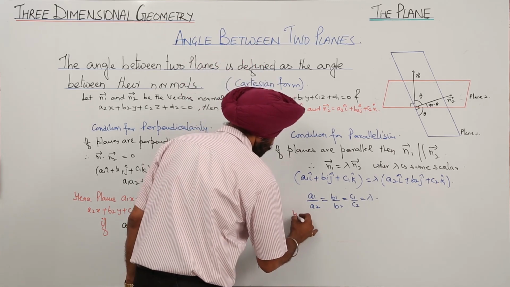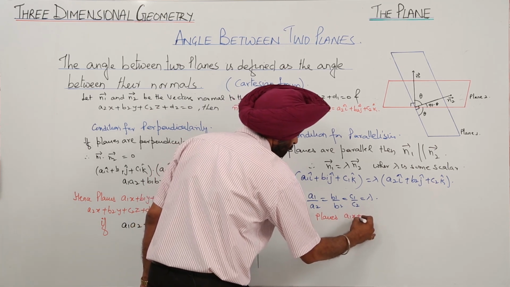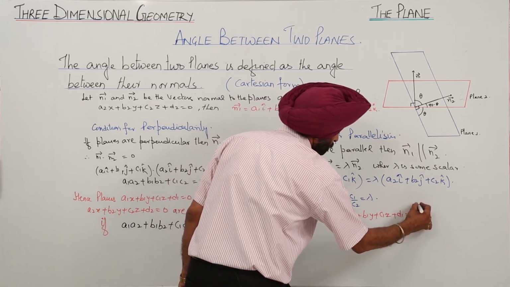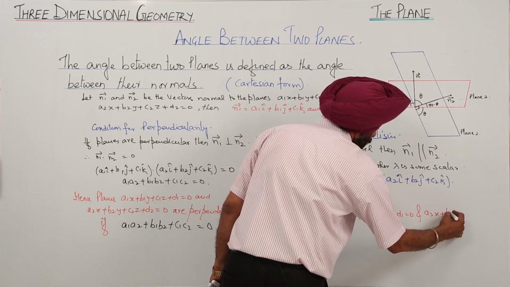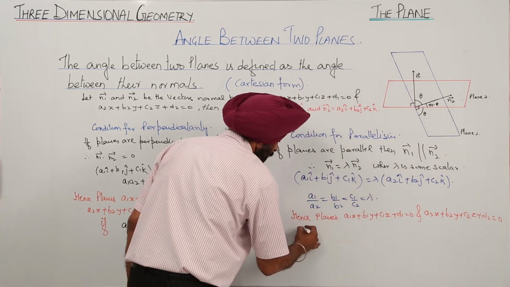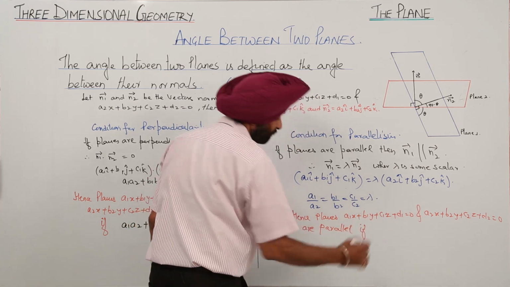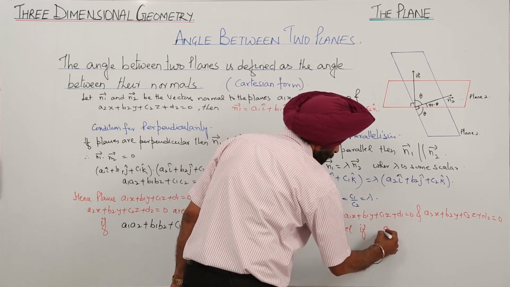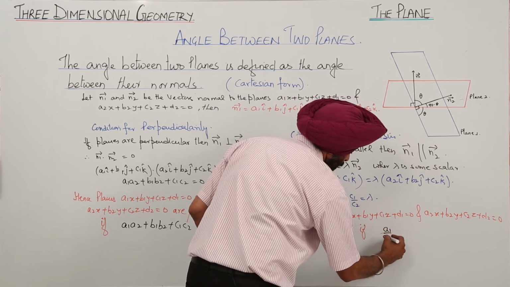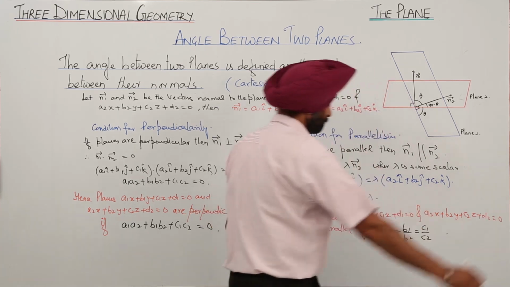Hence, planes a1x plus b1y plus c1z plus d1 is equal to 0 and a2x plus b2y plus c2z plus d2 is equal to 0 are parallel if a1 upon a2 is equal to b1 upon b2 is equal to c1 upon c2. These are the